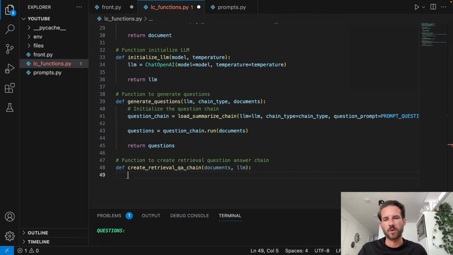So let me quickly tell you what a retrieval question answer chain does. It works with a vector database, which is just a storage of word embeddings. And word embeddings are just numerical representations of text. And we'll use the OpenAI embeddings,